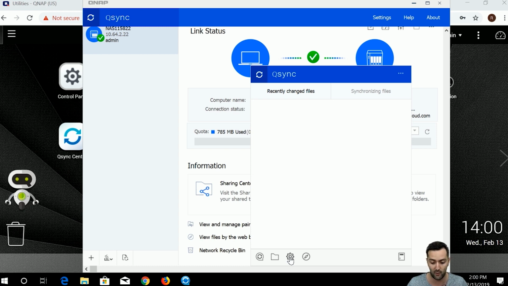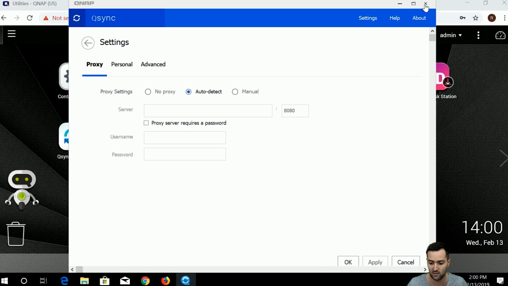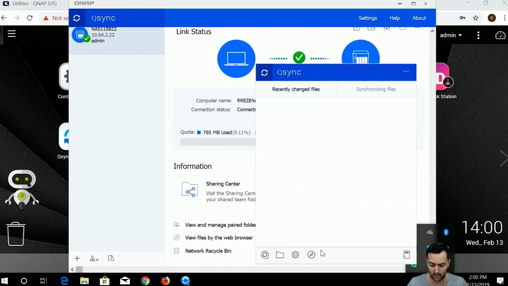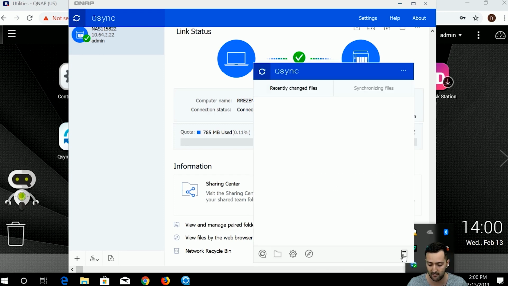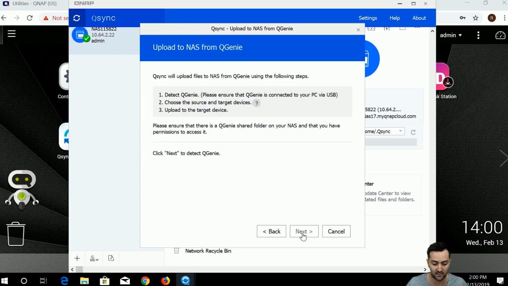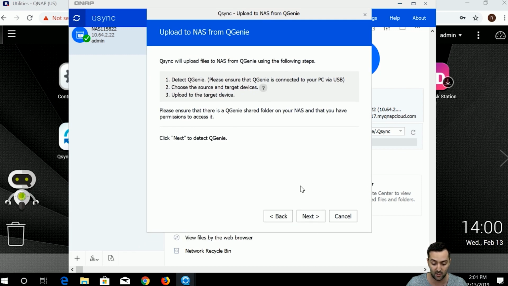And also have direct access to the settings that I just mentioned earlier, or have to show you which is the connection, the NAS. More so, you have the upload to NAS from Qsync Genie, so you can use this one directly to upload to NAS. From the Qsync client, by clicking that one, you will import all the files here, clicking next, and you follow this wizard